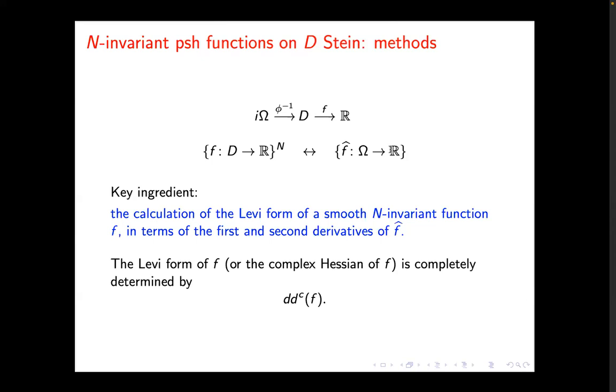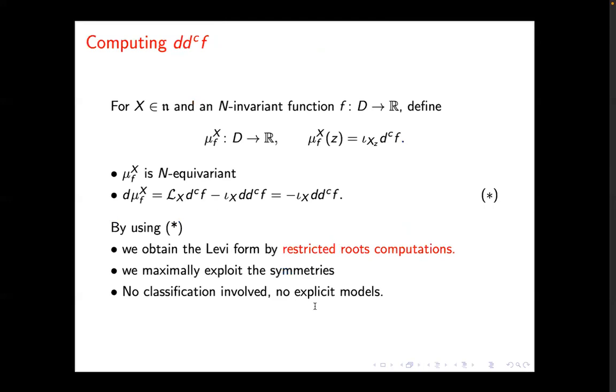Because the ordinary coordinates of a bounded domain in C^n are not aligned with the symmetries. So we want to compute this Levi form by computing this form dd^c f